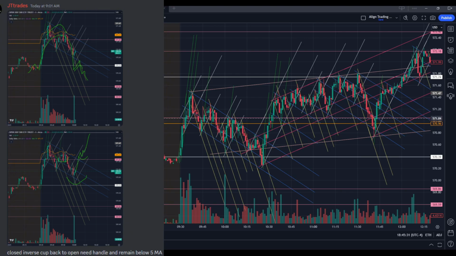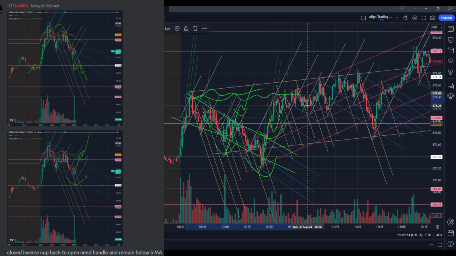Now, I also explained that if we are to head back up, be paying attention to this shoulder right here off of the 5-day moving average. And if we begin to form this, you can look for that move up. Now, it did not occur just yet, but you see how we're still within this blue algorithm right here. And finally, we form that inverse head and shoulder and grab that liquidity to the upside, closing that cup right here.